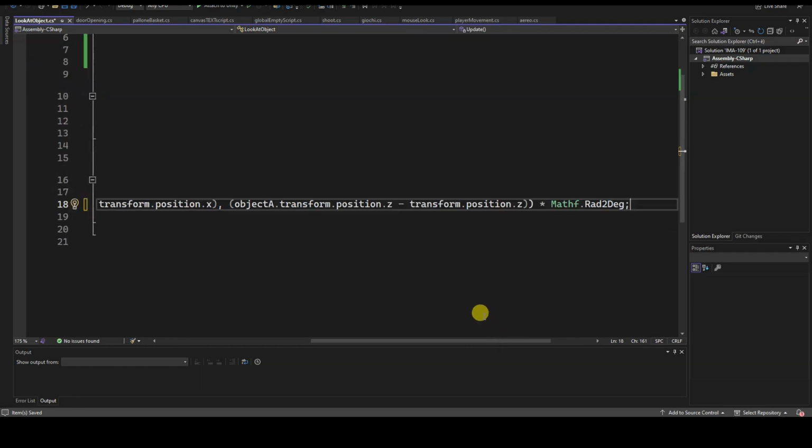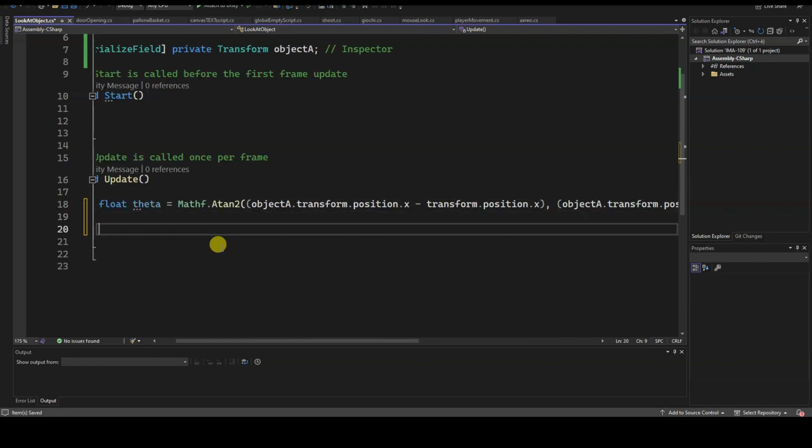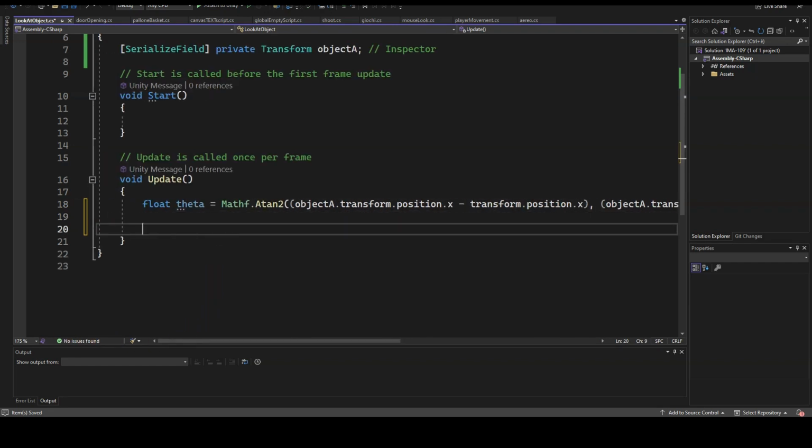Having done that, we can move on to the second instruction, calculating the rotation to be performed in degrees, which can be easily done with float deltaAngle equals Mathf.DeltaAngle(transform.eulerAngles.z, theta), where transform.eulerAngles.z represents the current orientation of the surveillance camera, while theta represents the orientation, calculated in the previous step, that it must assume.